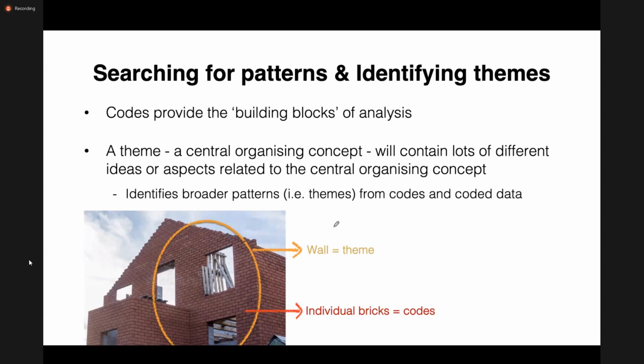So a theme is like a central organizing concept. It will capture several different ideas, aspects that relate to this one common concept, one common theme. So what we are now trying to do is look at our codes and the coded data and identify broad patterns, broad themes that we can generate from this data.